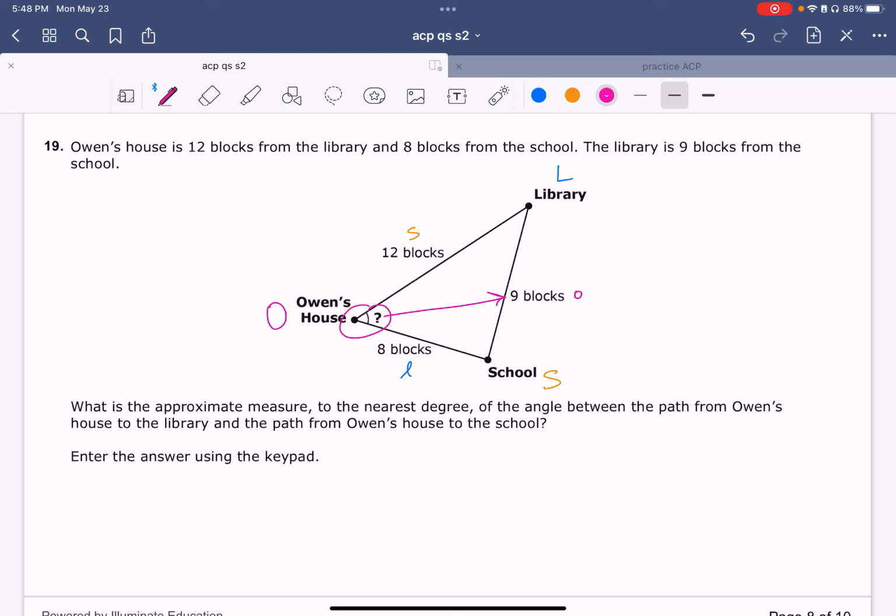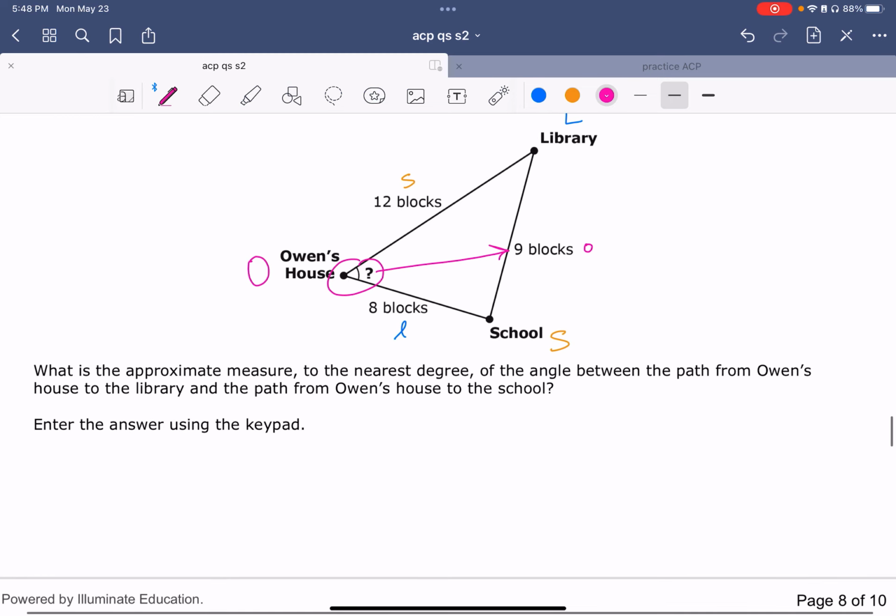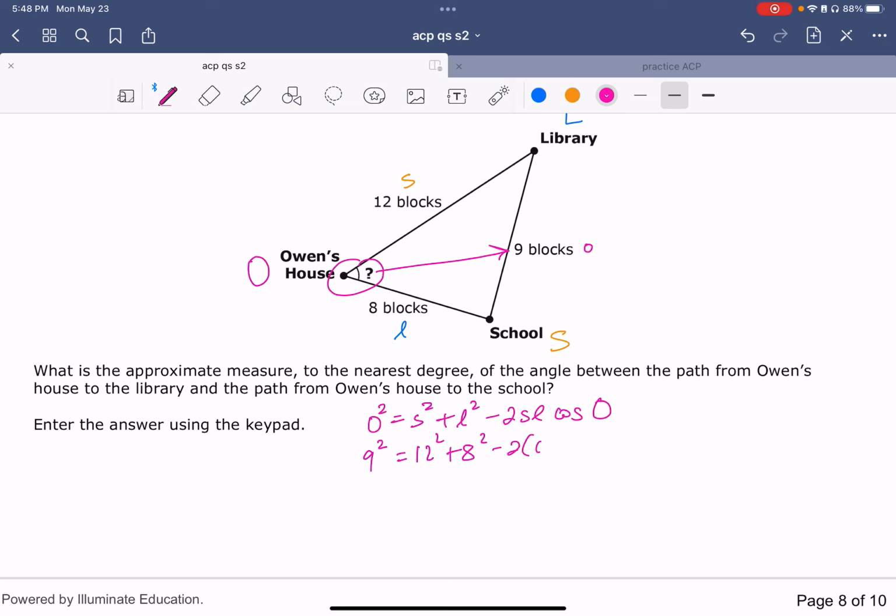So if you're solving for O, you got to start with O. So we're going to do O squared is equal to S squared plus L squared minus 2SL cosine big O. Okay, so we know O is 9 squared, S is 12 squared, plus 8 squared minus 2 times 12